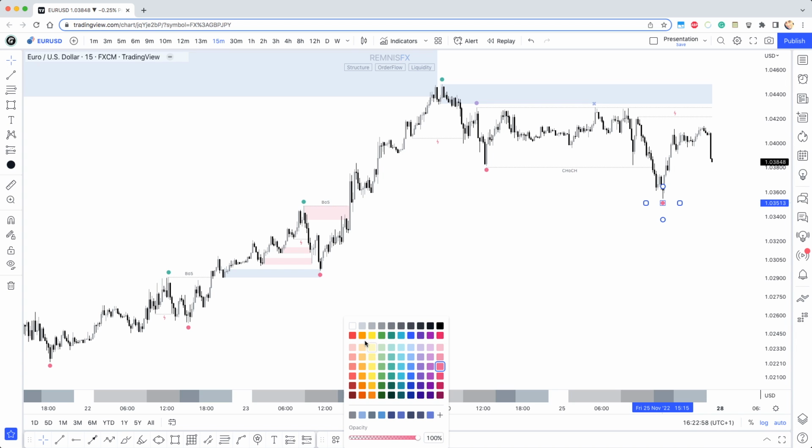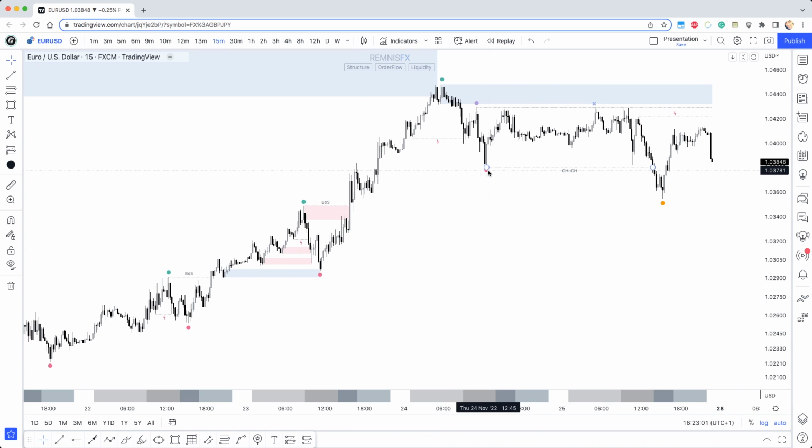Let me give this an orange color, okay? Let me get this one a little lower. So now we could look at it like this, right? This is now your major structure, and everything happening in between is your internal structure, okay? Because remember, we are on the 15-minute time frame, right? So now looking at the structure and liquidity and putting the whole picture together,